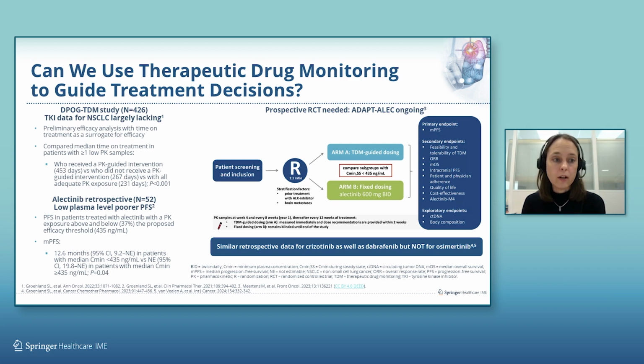However, if you look at the lower left bottom, then for alectinib retrospective data suggest that a low plasma level is associated with a poorer PFS. And similar retrospective data for crizotinib as well as dabrafenib, but not for osimertinib, exist that low plasma levels are associated with poorer PFS. And again, this data is used to build a prospective randomized clinical trial, and the Dutch